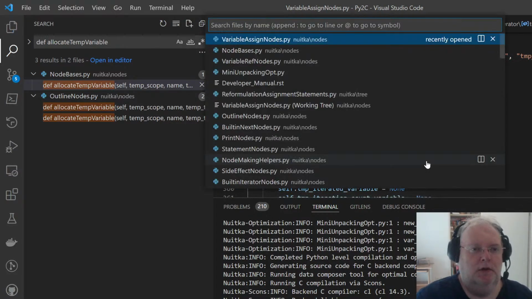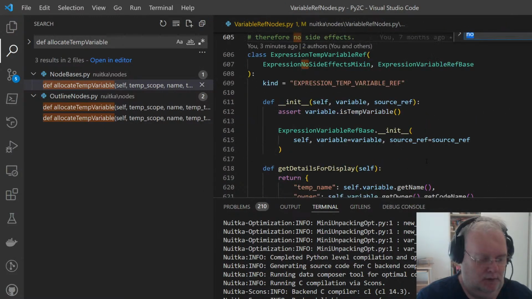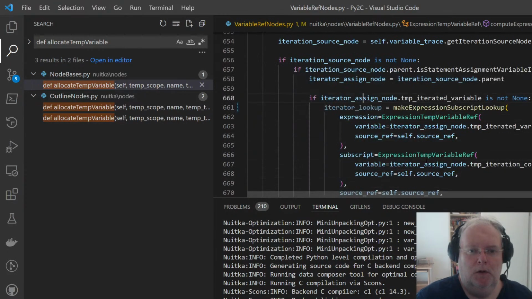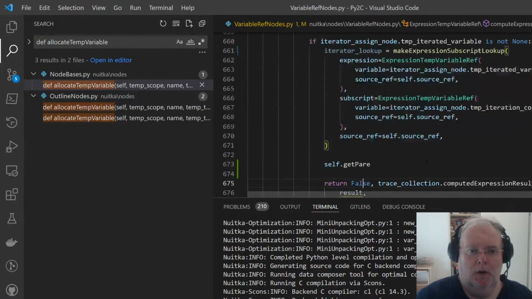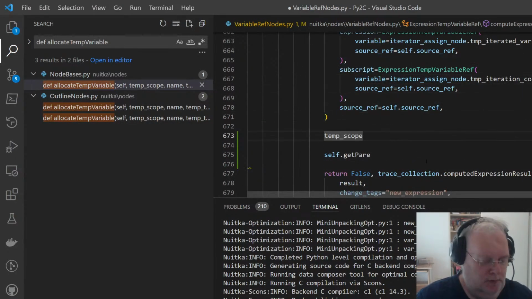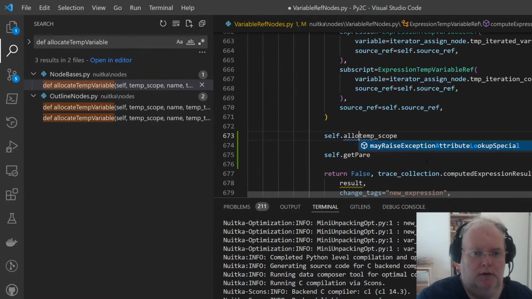Now we can do next. We need a variable name for the result. Self.allocate.